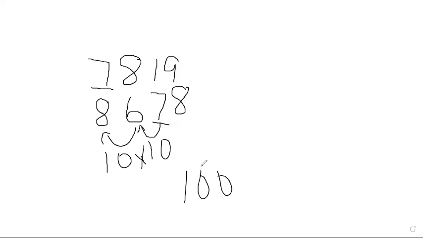Because when I moved it the first time, it was 10 times as great. When I moved it the second time, it was another 10 times as great. And 10 times 10 is, yes, 100. So it's 100 times. Now I can also use multiplication. So I needed to equal up to 7,000. So I'm going to start with 7,000